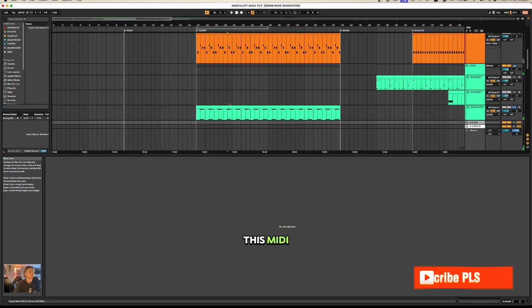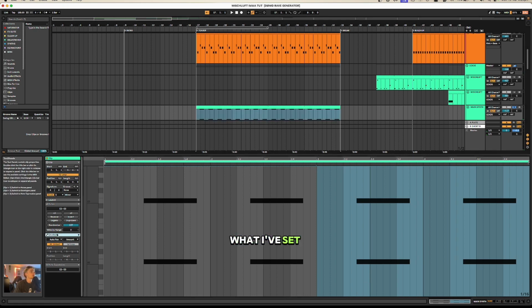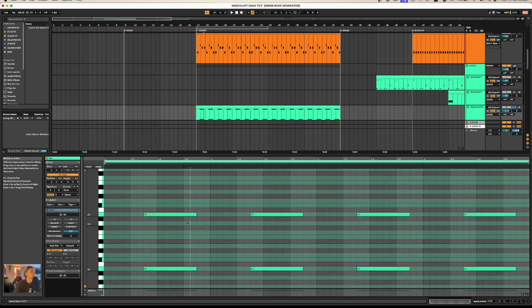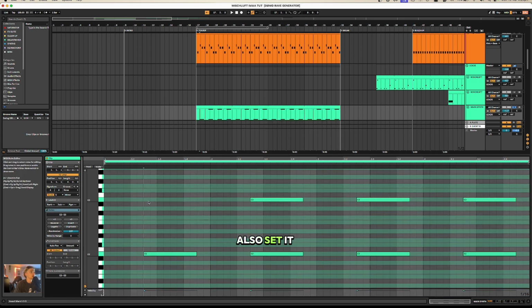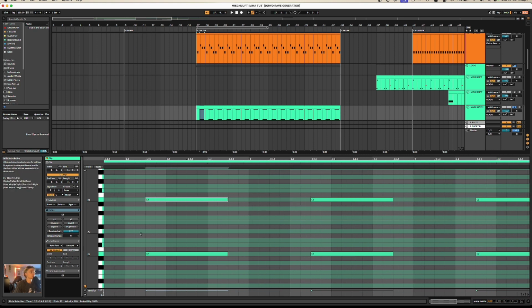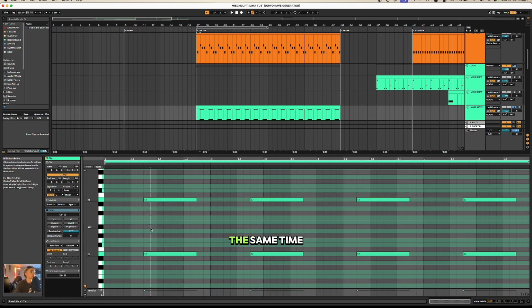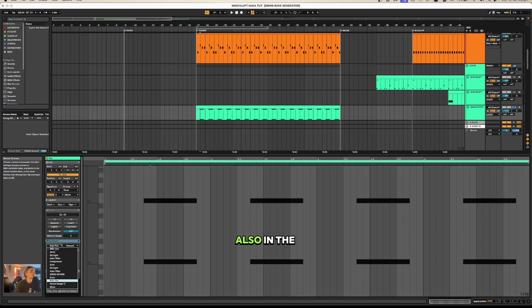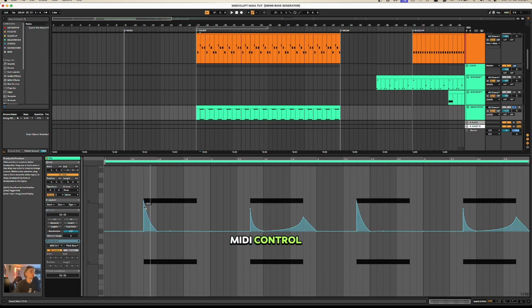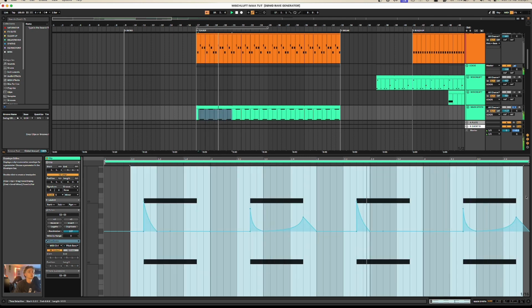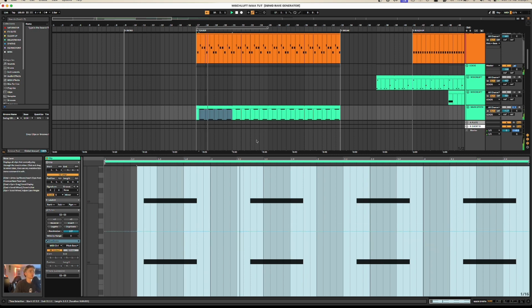Okay, so with this MIDI, what I've set is I've put it on the root note, which is E. And then I've also set it to portamento. And I've got them starting at the same time. Also, in the envelope section under MIDI control, I've set some MIDI bends. This gives it more of a natural vocal feel, and so without it, but with this,